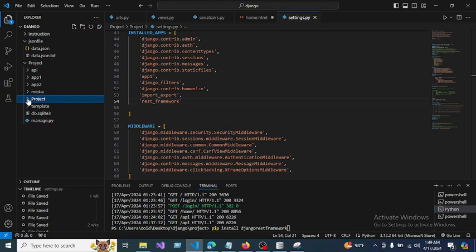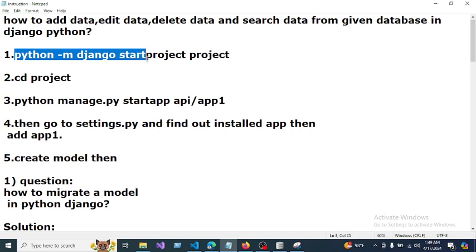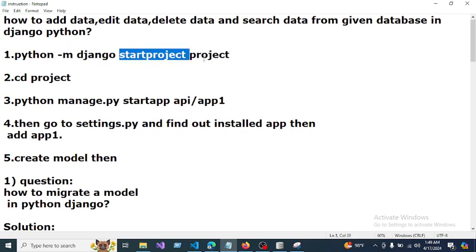If you do not know how to create a new project, just follow this instruction: first one, second one, third one, and fourth one. The first one is to go to the terminal, then type this command: startproject, and give your project a name. My project name is project, and go to your project by typing cd project. After that, type python manage.py startapp